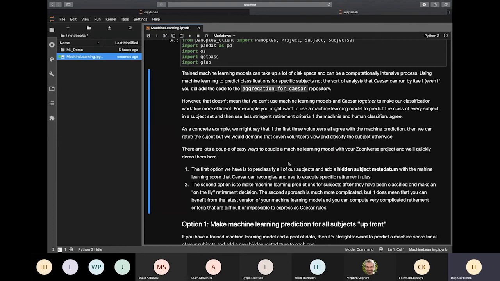Okay. The second option, which is a bit more complicated, is that you might want to get the volunteer to make the classification, ask Caesar to send that to a service that you're running, and then